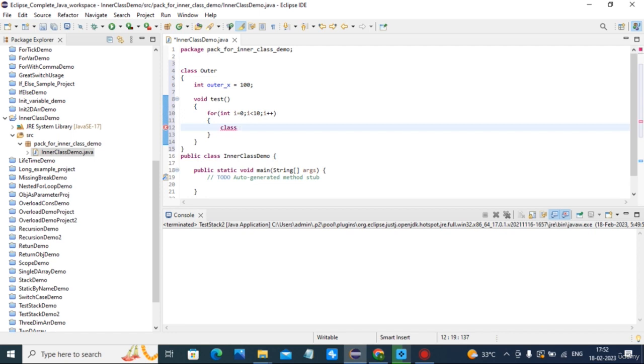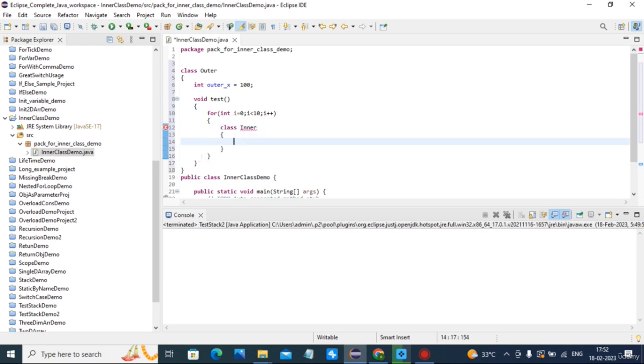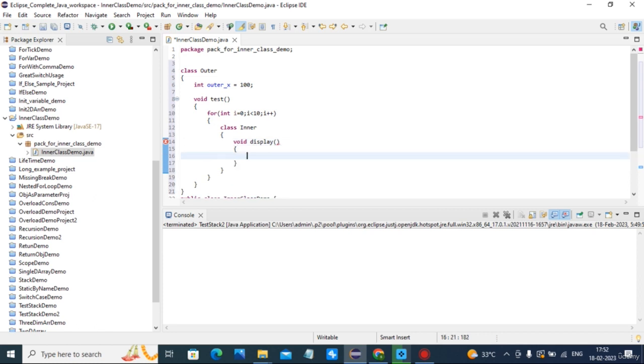Class inner, void display. Display outer x plus outer x. So inside inner class, we are accessing the outer class variable.